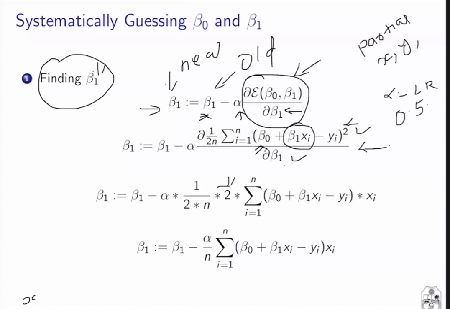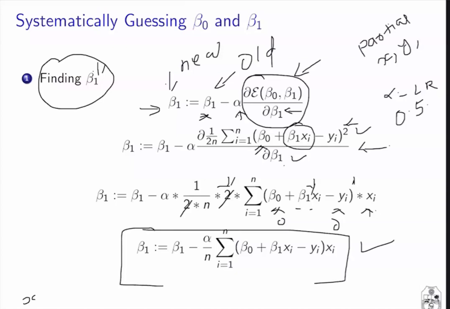Then 1 is subtracted from the 2, so that it becomes 1. This term is constant, this term is constant, so their derivative is 0, and this term involves the beta 1 term, and its coefficient is xi. So that's why here we have written the xi. Now after cancelling out these two and these two, we get this equation.